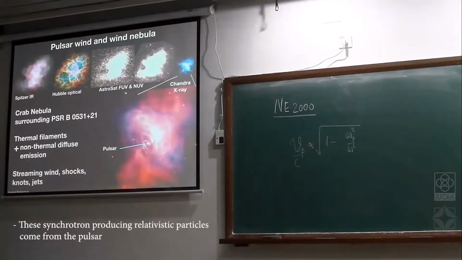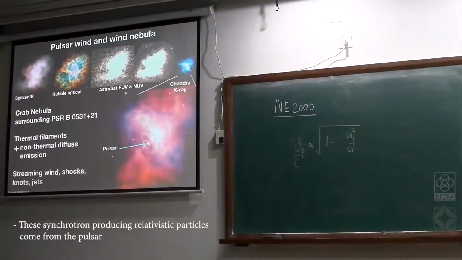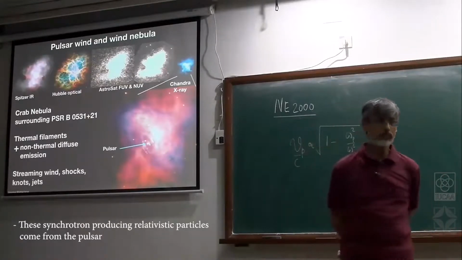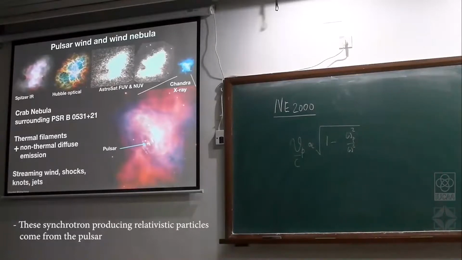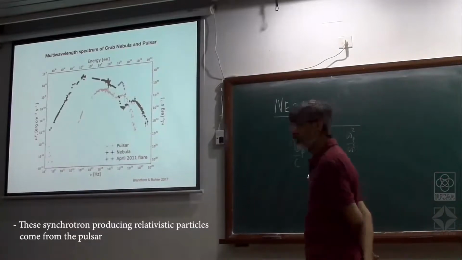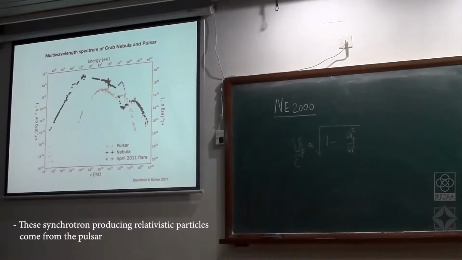So this is very clear that the pulsar is producing a large number of charged particles which are flowing away from the pulsar, filling the volume. And this population of charged particles then do the radiation from the nebula, which is now shown in this deep black. And as you can see, the larger part of the luminosity actually comes from there. That's more than the luminosity that the pulsar itself produces.